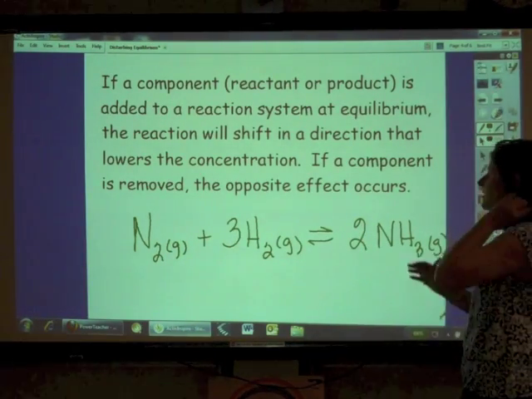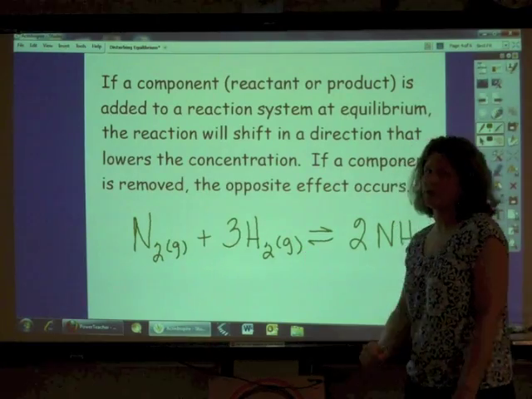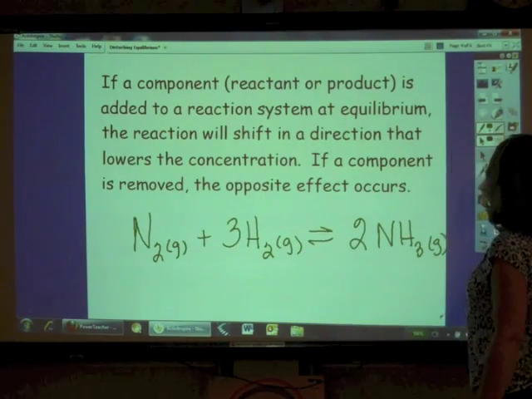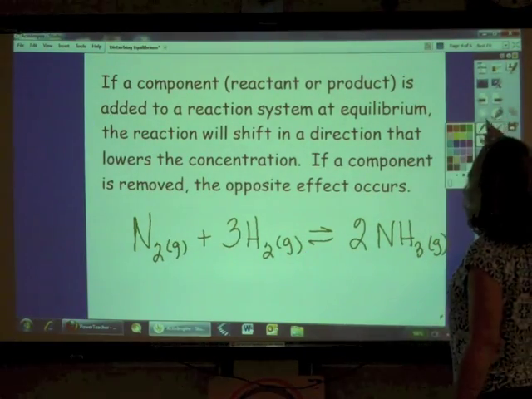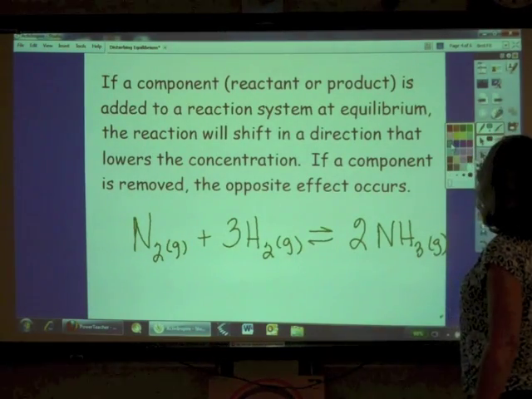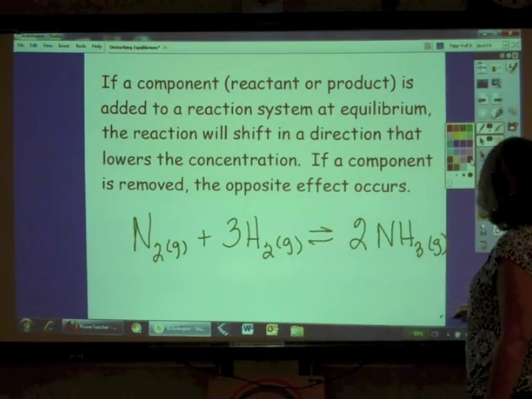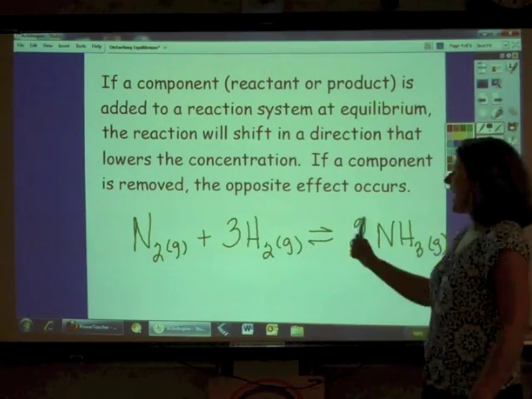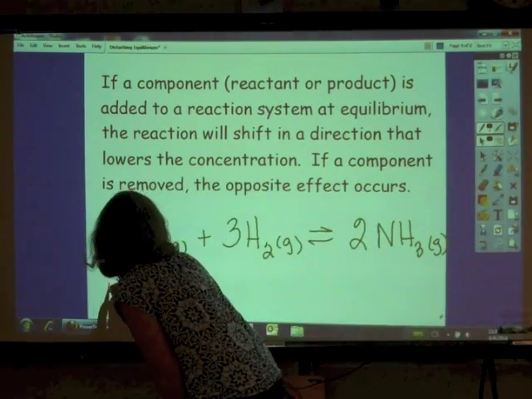Okay? And so let's say then we add some hydrogen. So if we add hydrogen gas to this reaction mixture, I better use something really bright so we can see it. If we add hydrogen,